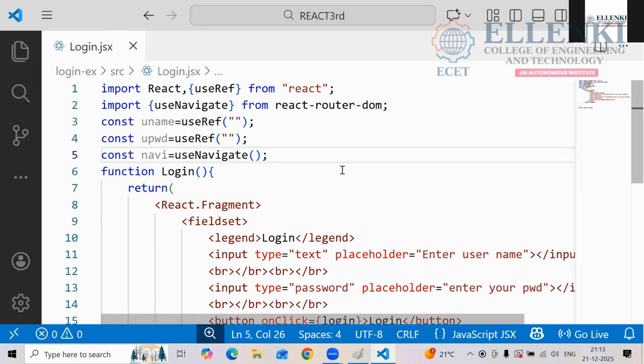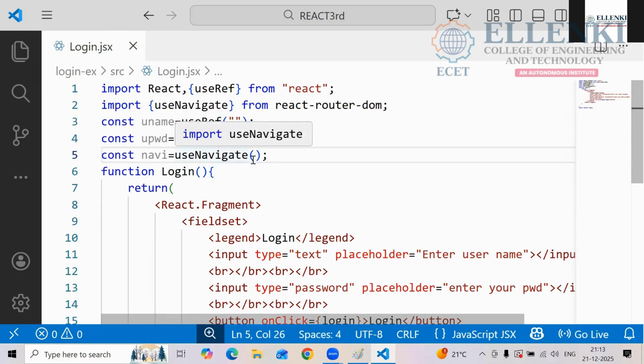So we take that as the reference, and when we enter some data in those input boxes, it will be cached by the useRef reference. When you are clicking on the button, it has to redirect to the page, and that comes to useNavigate. Is it clear up to now?